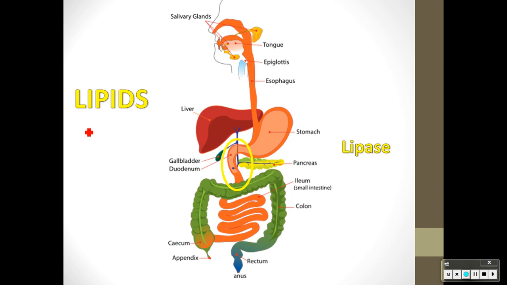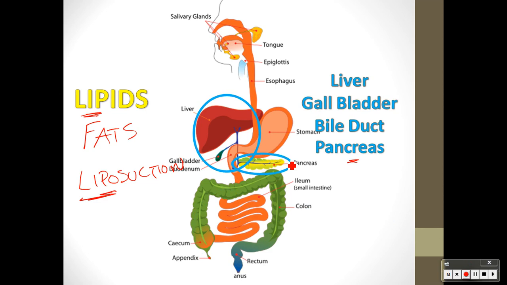Lipids is a hard one because you're used to them being called fats. But just like the term liposuction, that lipo is the lip, and lipids has to do with fats. Okay, so fats are broken down by an enzyme called lipase, so it's lip again, and lipase gets help from bile, the emulsification, remember? And the bile is made in the liver,